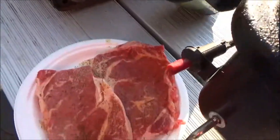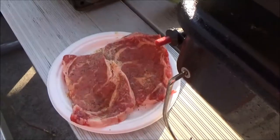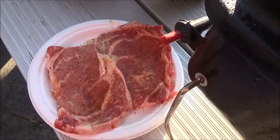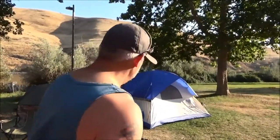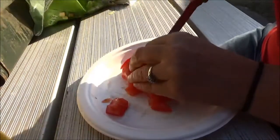Steaks, we're going to do on our little grill. And then we're going to do a bag salad because we're just tent camping here. And it's going to be a great camp meal. We'll show you the end. Wait till we get that steak going, you'll love it. All right, so we're making basically